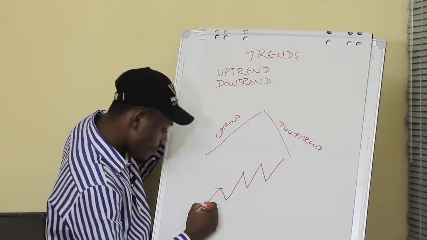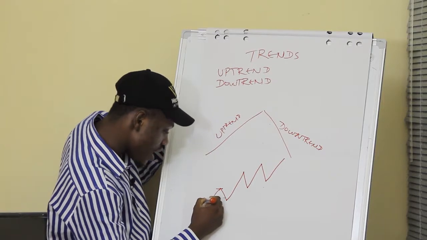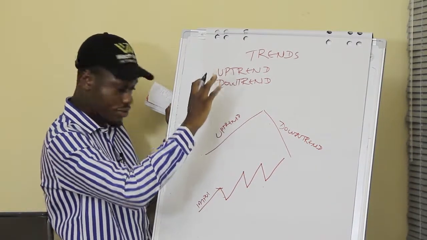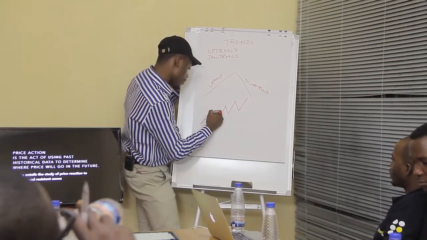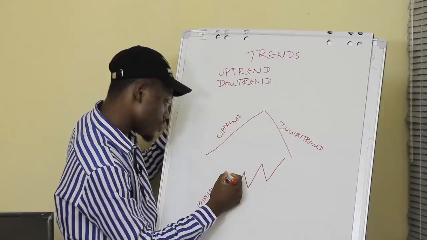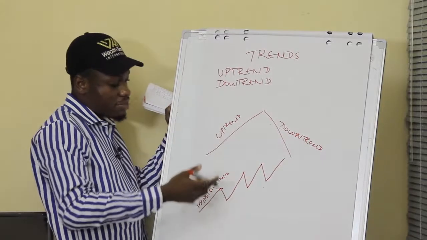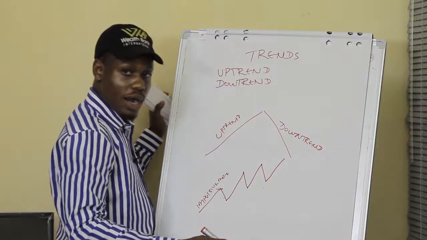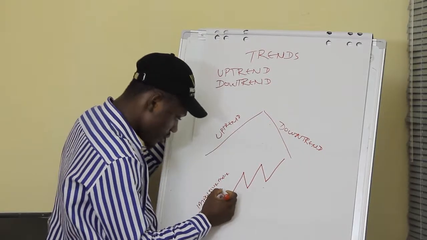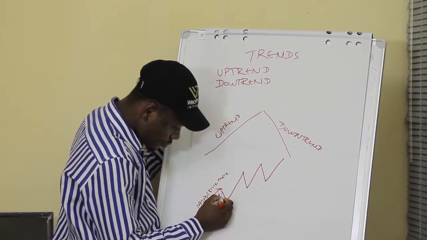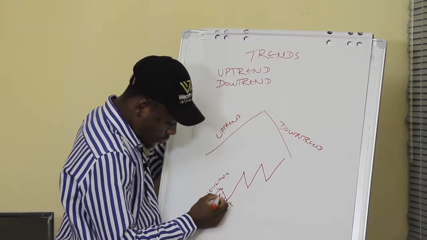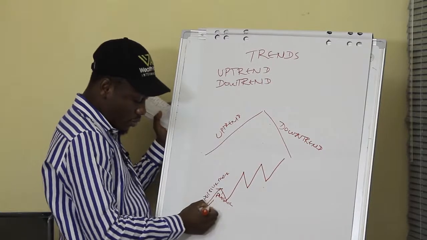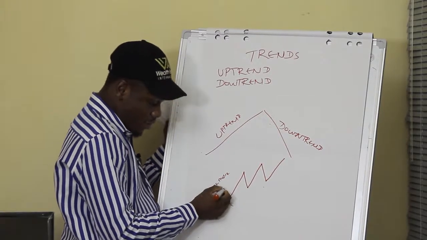First of all, we have an impulsive move. An impulsive move is a move in the real direction of the trend. So we can say a trend is made up of impulsive moves and pullbacks. This is the pullback. So we have an impulsive move to the upside, then a pullback to